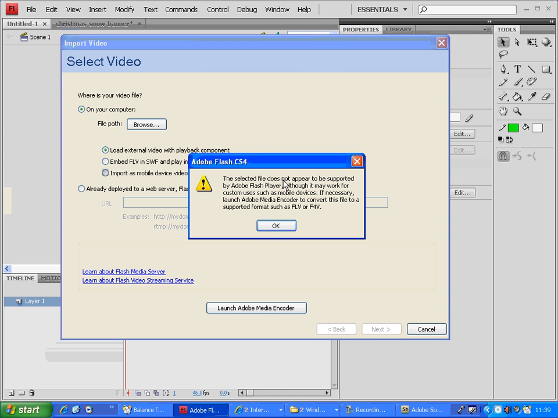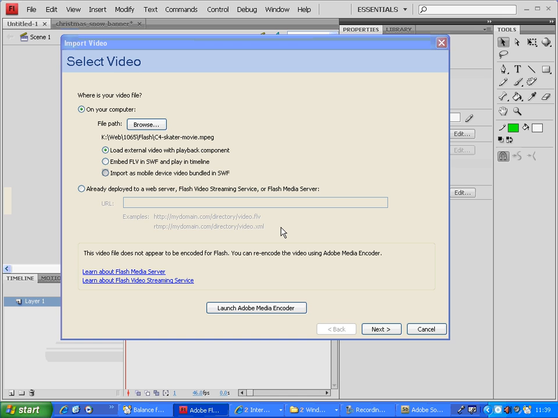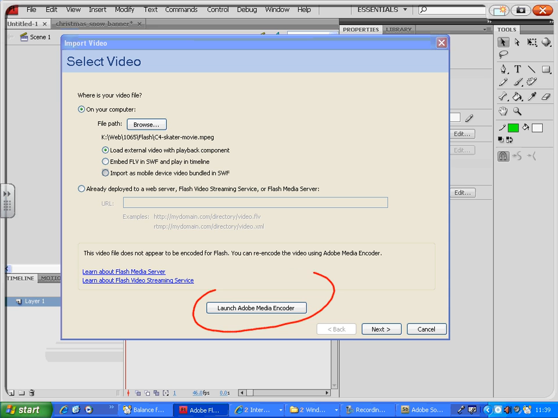You can just say OK, but it tells you to use Adobe Media Encoder. Okay, this encoder is built in when you install Flash, or when you install the plugins with CS4. Make sure it is ticked. Now, it's fine. You just say OK, and before we go forward, we need to go to Adobe Media Encoder, which is a button just in the video launch screen. Okay, by clicking on this button,